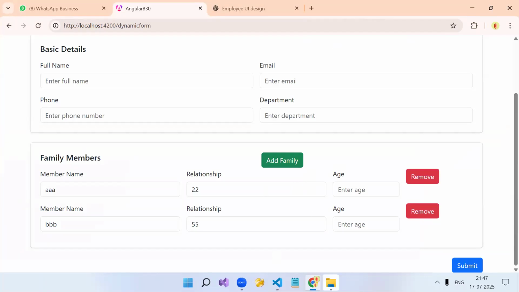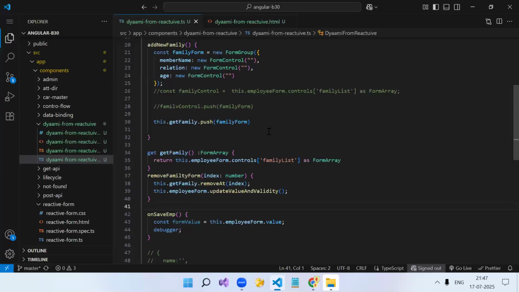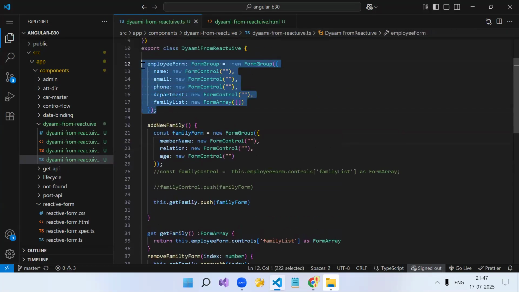So this is what we need to do when we talk about reactive form. Validation and everything stays the same. Nothing changes. Here also you can add it, basically this is also a reactive form and this is also a reactive form. How you used to add the dynamic validation, the same thing you can add over here also. Nothing will change. So this is how you add a dynamic form in reactive form.